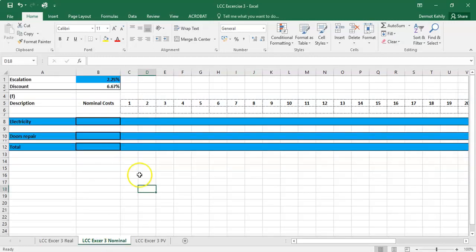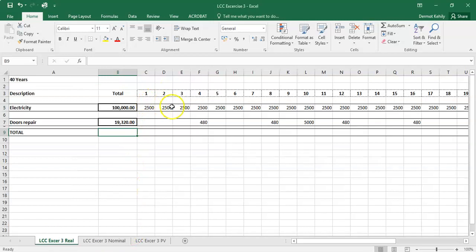Your nominal costs, and I've highlighted in blue there, it's the exact same sheet really, except we're going to calculate a factor in here. Now the factor is going to be our escalation factor per year. So it's the same formula. Go back and maybe look at some of your tutorials there. I think it's equals 1 plus i to the power of n. And this formula is essentially a compound interest formula that will calculate a factor in every cell throughout that 40-year period that can be applied to, if you click back on the real costs, that can be applied to the